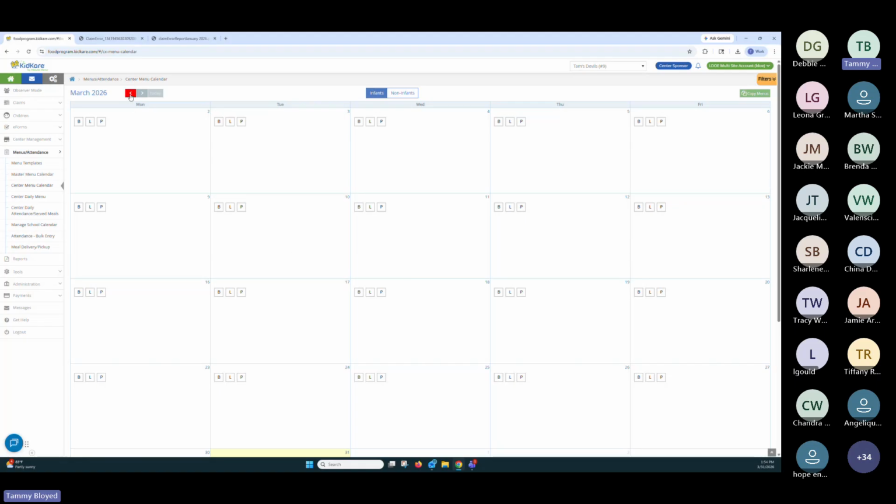Because what happened is on January, pick a day, 13 will say, we actually served peaches and not the pears that were listed. If you copy this forward, then when you get into March, whatever day lines up with that day, it's going to have the pears because that's what you have in there. And that's fine. You can change it in real time on the day. But if you've made a whole bunch of changes to your calendar throughout the month, you may want to actually go back and build this manually to get back into your cycle menu.